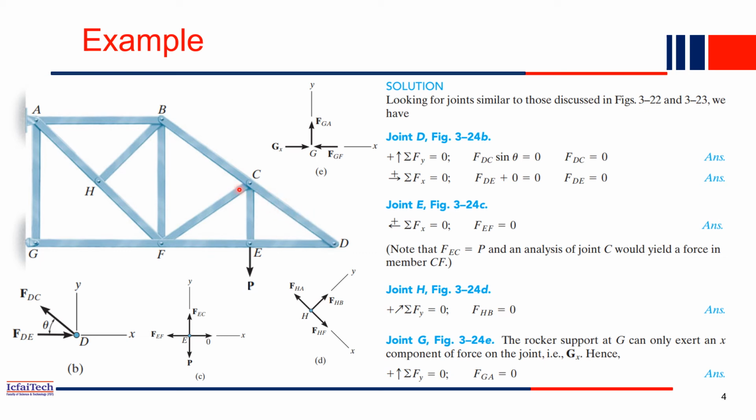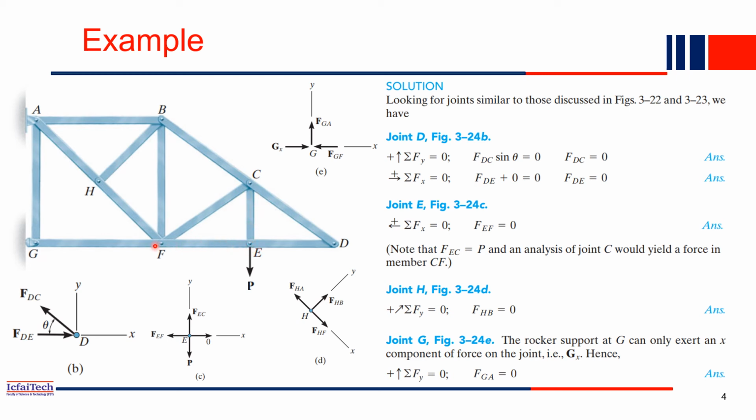Similarly, if this is a zero force member, then its horizontal component is also 0. Then this EF also should be equal to 0. Why? Because there is only a single horizontal force acting at joint B. So FCD is also 0, FDE is also 0. Very simple, you can see that here. Now next, if you consider joint E, we already know this bar has no force. So this is 0. Now two bars are acting, this is one bar force and this is another bar force.